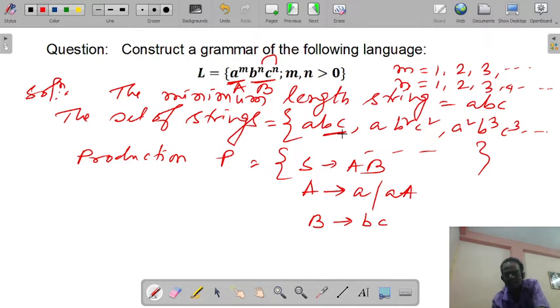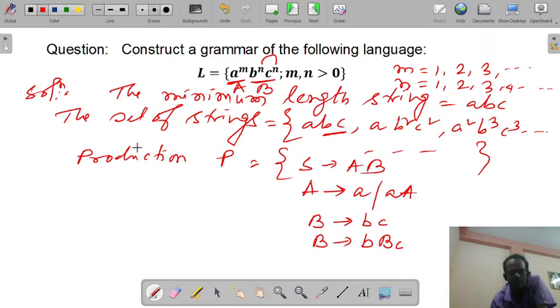In this case, the number of b should be equal to the number of c. So for this case, the production should be B implies small b, capital B, small c. So B will be substituted by b, capital B, c to increase the number of b and c.